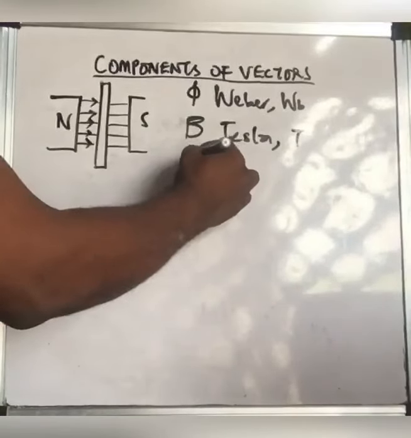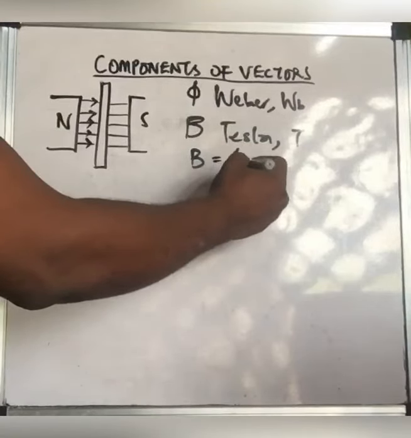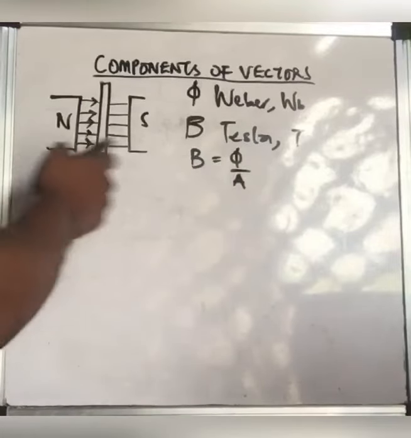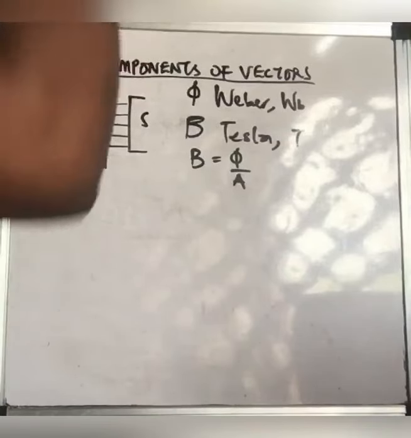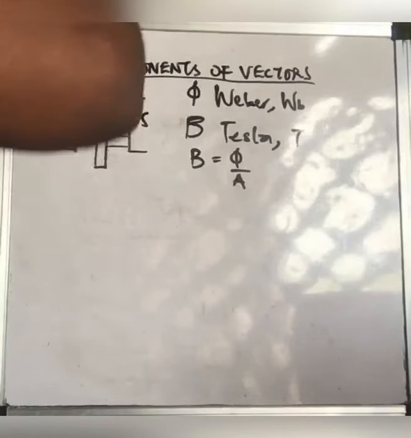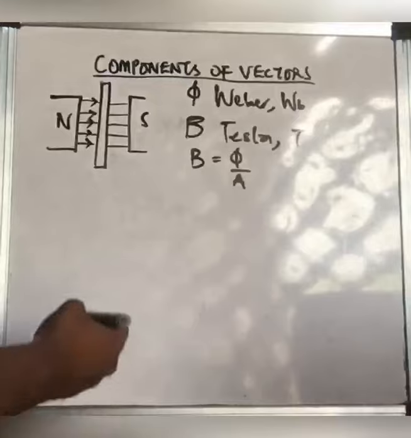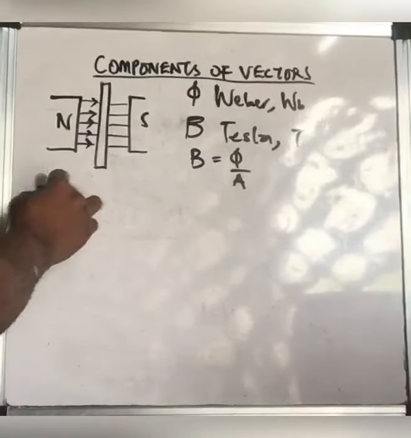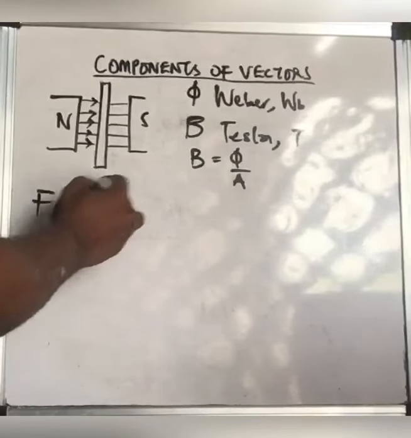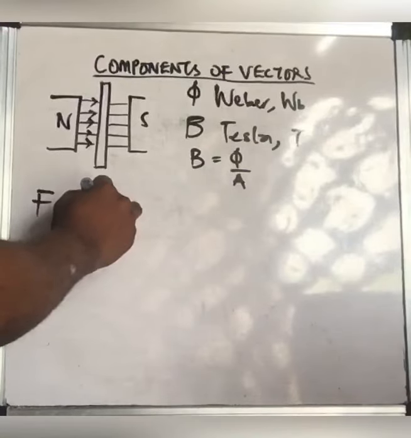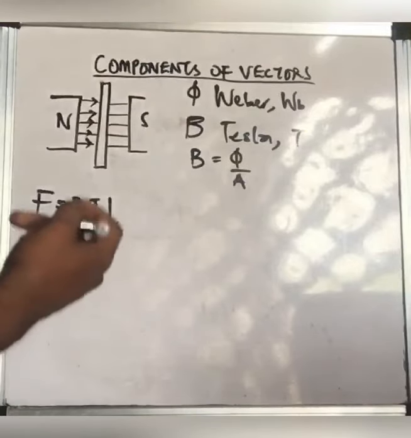So the magnetic field line density, that's the magnetic flux density, is equal to the magnetic flux over the area of the conductor's surface in the magnetic field. So the electromagnetic force through this conductor is given by the magnetic flux density times the current through the conductor times the length of the conductor in this magnetic field,